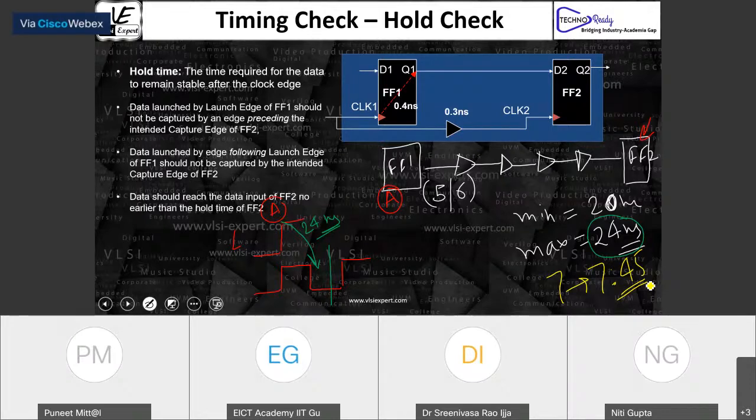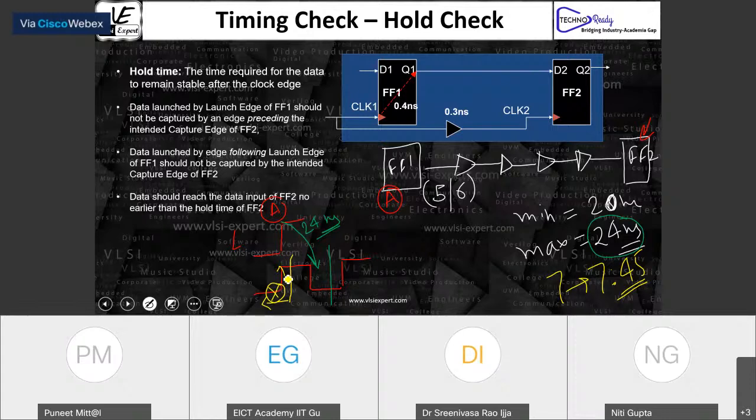Yes. Now, I will give you another constraint: you cannot reach before 8. That's this line. Now I'm saying you cannot reach before this, because if you reach before this, you will create a problem with some other data, the data which I'm trying to capture at this particular edge.